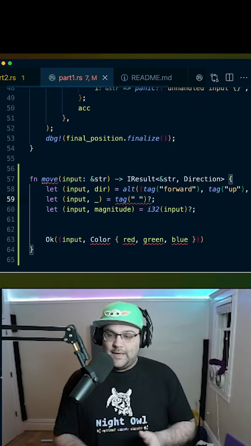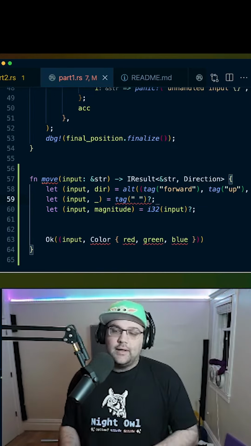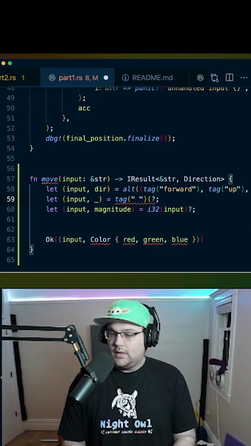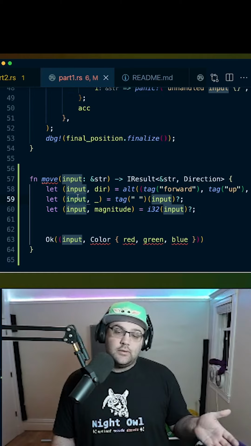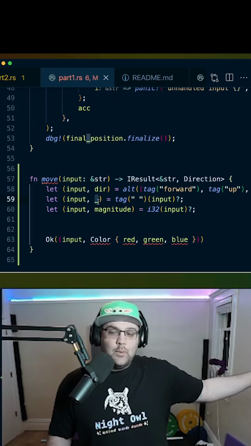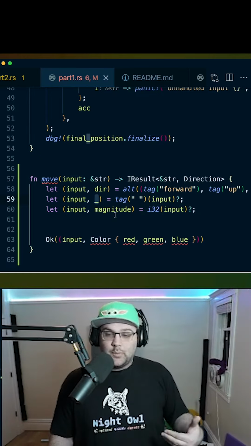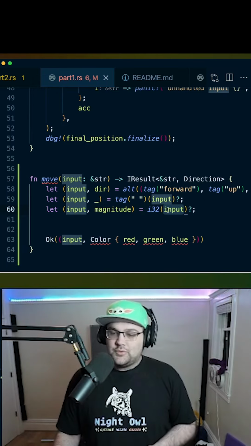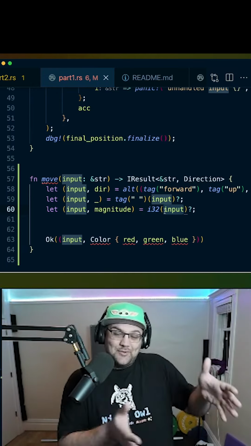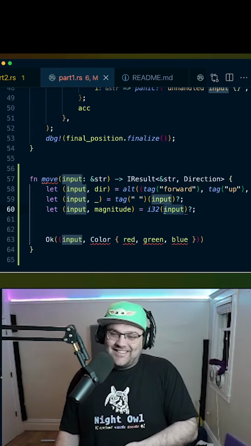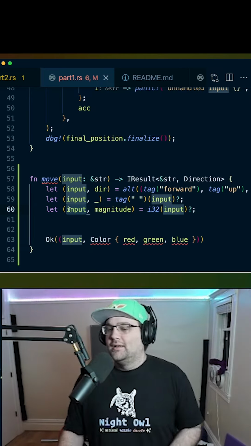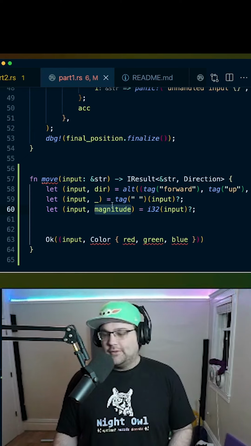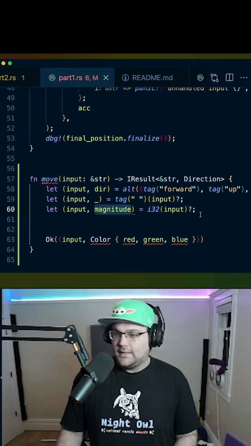So it's going to be forward space, whatever, right? So I'm going to try to tag a space and I'm going to pass in the rest of the input. And that will give us the rest of the input and whatever it parsed out. In this case, it's a space, so we're not actually going to use it, which we can then pass the rest of the input into our i32 parser, which will give us the rest of the input, and then the thing it parsed out. So all said and done here,